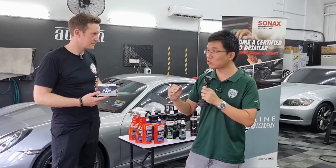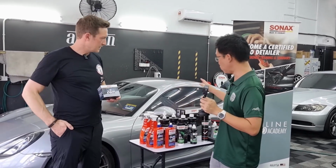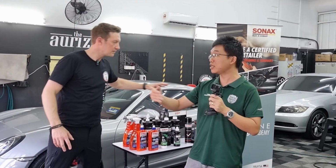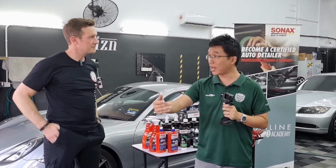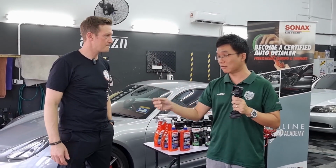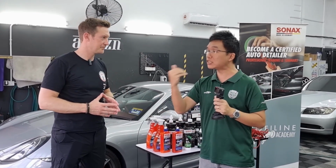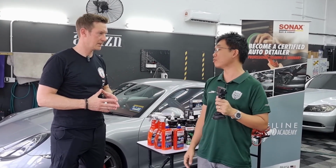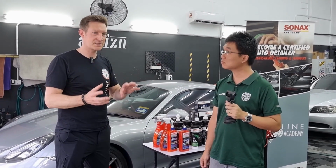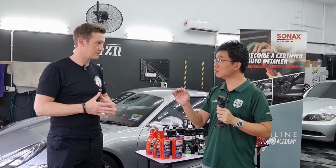But let's talk a bit further for the benefit of consumers who did not use Sonex coating. Let's say we receive a customer's car that is using a coating from another brand, and for example they have watermarks, and this is one of those hard 10H ones. How would you suggest that we assist the customer to solve his watermark problem? The problem is that in most cases the watermarks are not removable by cleaner. You need to polish. But polishing will...